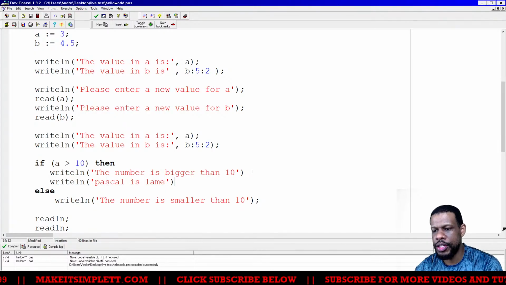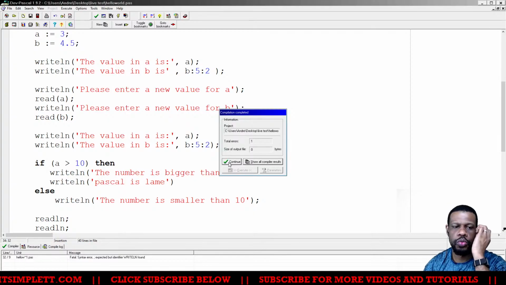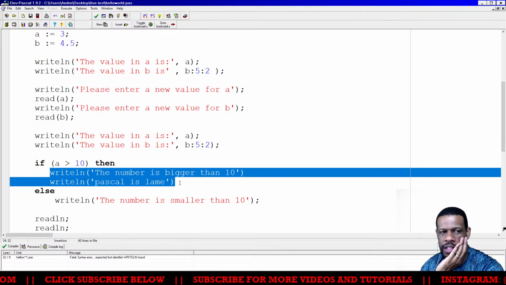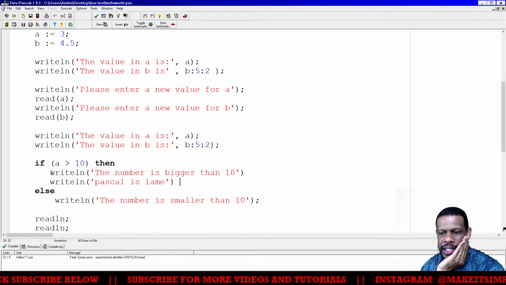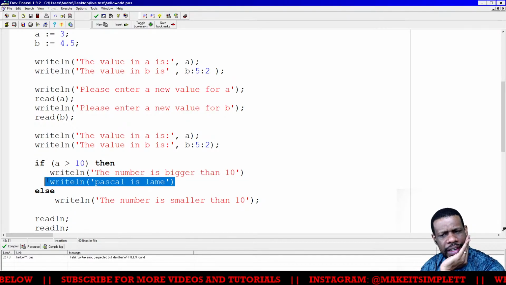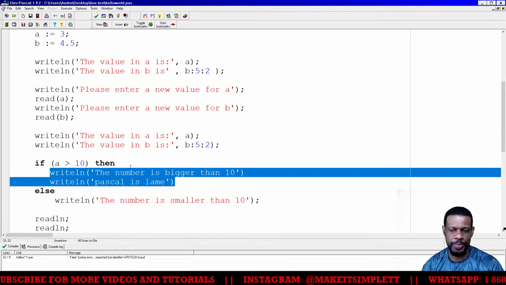Something bad is going to happen now because it won't be able to compile the two statements one after the other. The compiler just sees this first line as the one that it should follow. But then it's seeing this line here and it's like, okay, I don't understand how to do two lines at a time, because it's not smart enough.